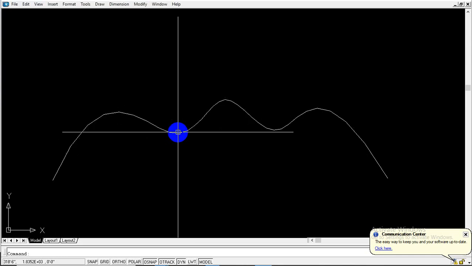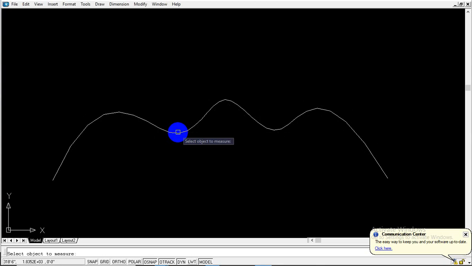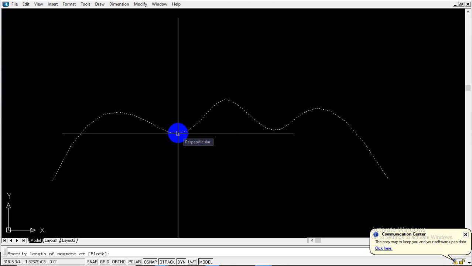Let's do it with the measure command. Select the polyline. Now press B, enter, then enter the name of the block. C, enter. We don't want it to align, so N, enter.